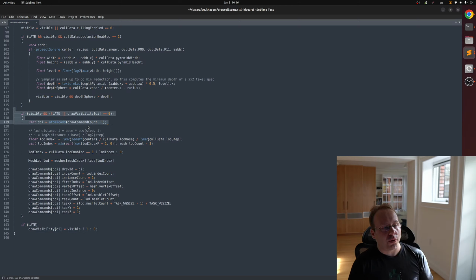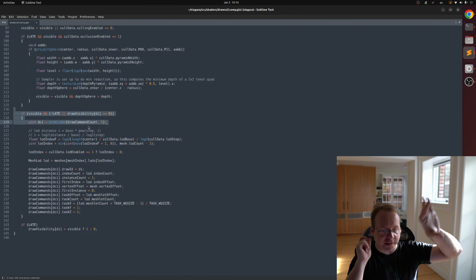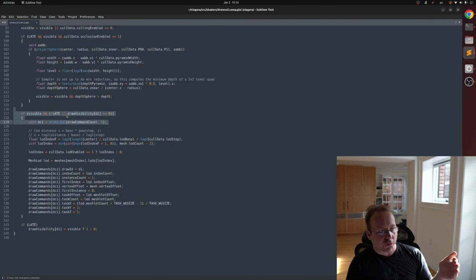And also the conditions for rendering: this shader runs twice. It runs before the first pass and before the third pass. So the conditions for rendering an object are as follows. It passes all visibility checks and also either